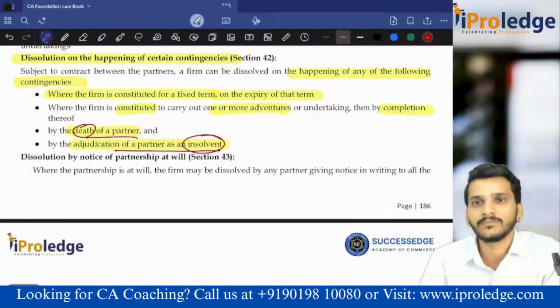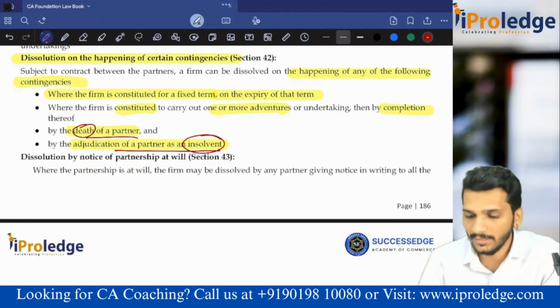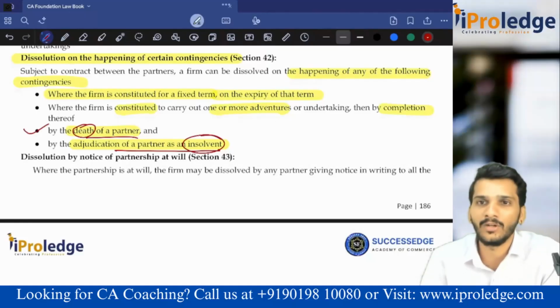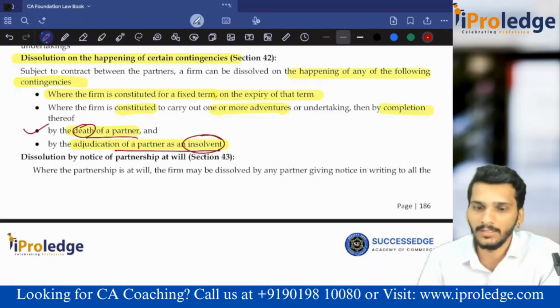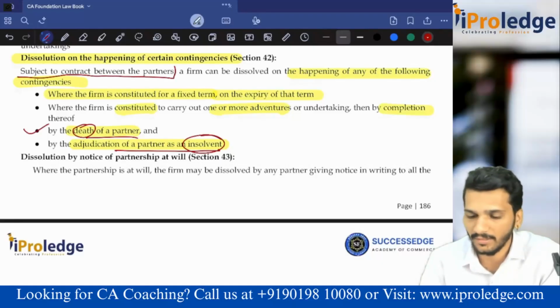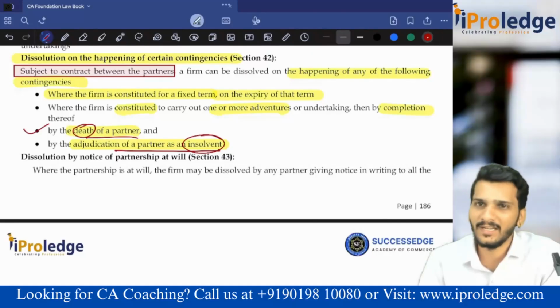There are 3 partners and 1 dies. Dissolution. Why? Because death is expressly mentioned as requiring compulsory dissolution. They can dissolve and then constitute one more partnership firm with 2 partners. This was a contract wherein everybody was a party. That line is always there. But generally, when somebody dies, they dissolve it because they don't want to carry on. It is just a matter of 10,000 rupees and 3 days of work.